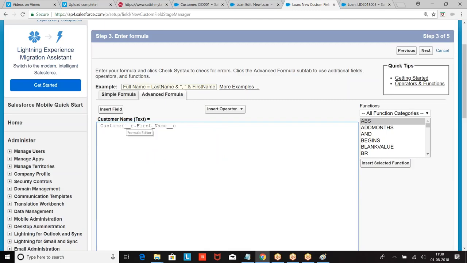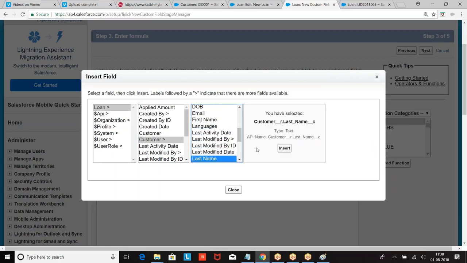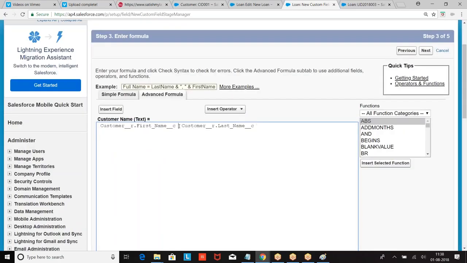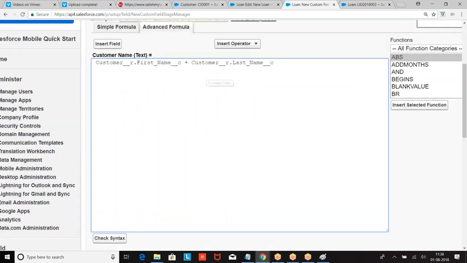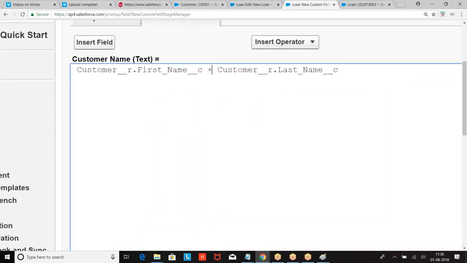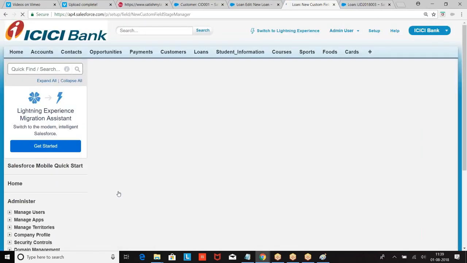Underscore underscore r dot. We have given first name and last name. Underscore underscore r dot last name. I hope you are good with this. Right? Why are you getting underscore underscore r? Just check the syntax.